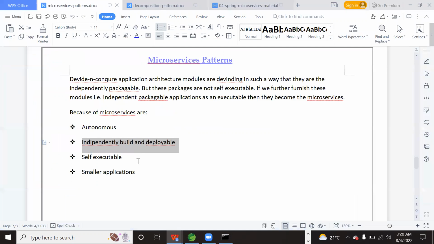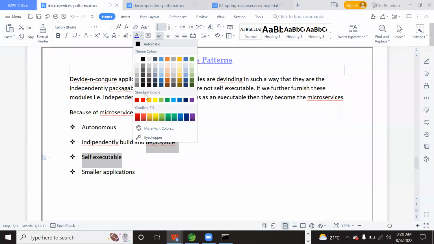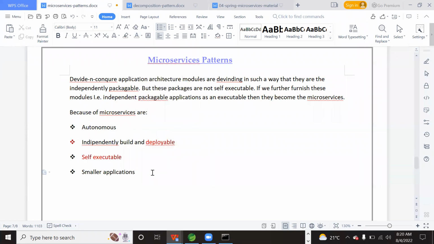So if we make them independently buildable, independently deployable, and self-executable, those become what? Microservices, right? If we make the divide and conquer application architecture modules independently deployable and self-executable, those become microservices.